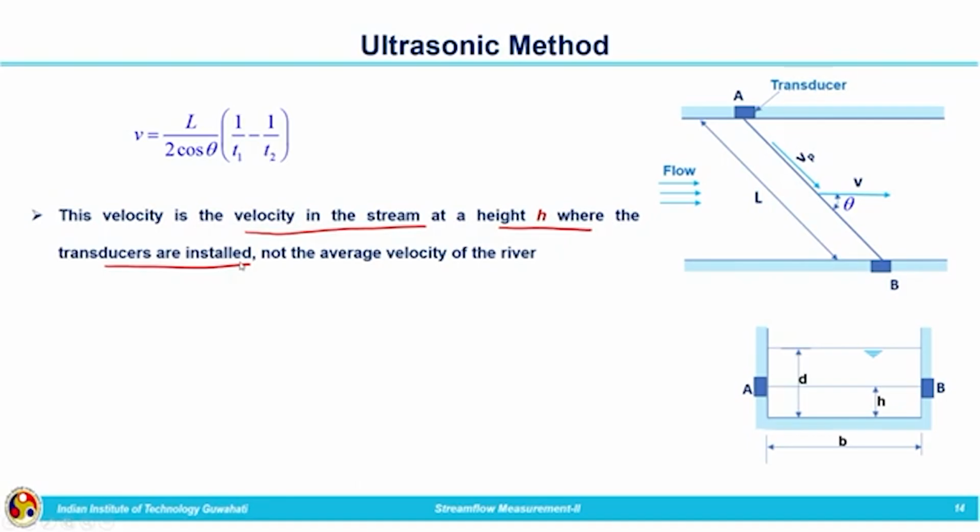It is not giving us the average velocity; it is the velocity at the water depth of H where the transducers are installed. So, we need to install these transducers in such a way that it will give us the average velocity. This needs to be taken into account. In the ultrasonic method, the velocity which we are obtaining is based on the position of the transducers which are